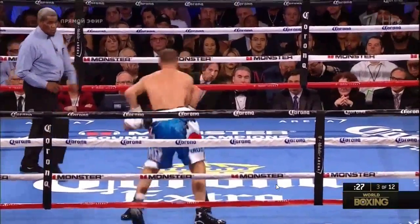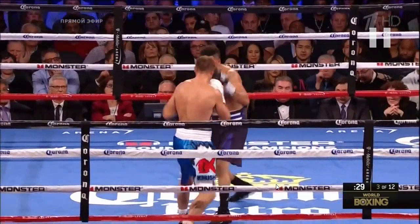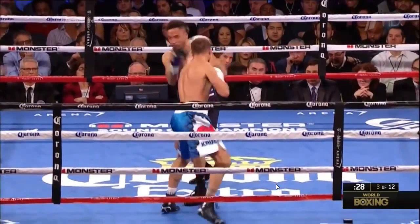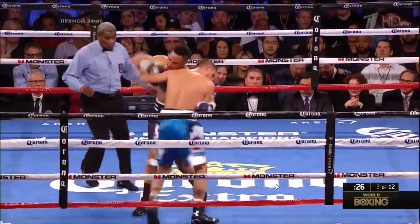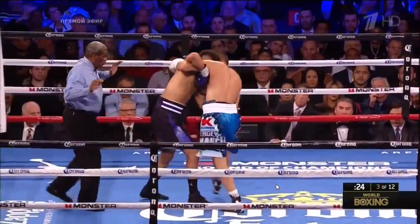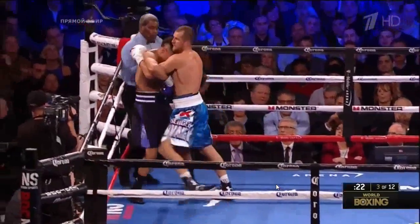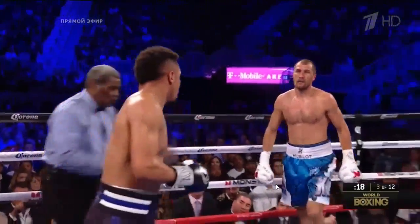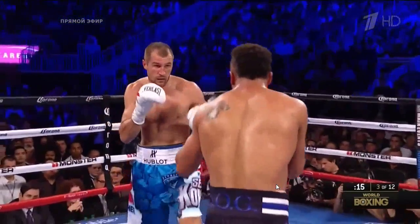Some feinting, and then again, Ward's pressing the attack, right? I'm not sure why. He's been having so much success just moving away, but as soon as he starts coming forward and allowing Sergey Kovalev to engage him, he winds up eating a shot. And then they kind of tie up here. That body shot, I don't think it counts. I mean, I don't know, it could go either way. I don't want to focus too much on that kind of stuff, but